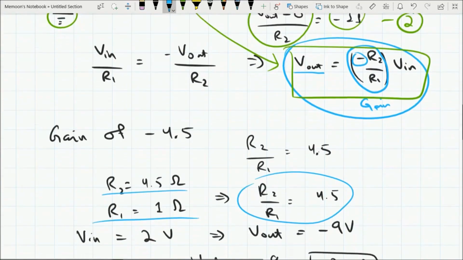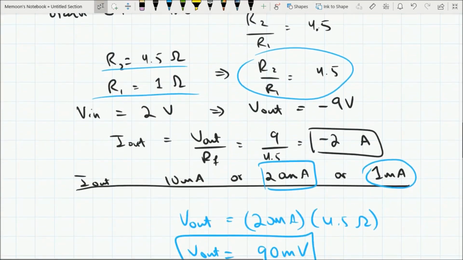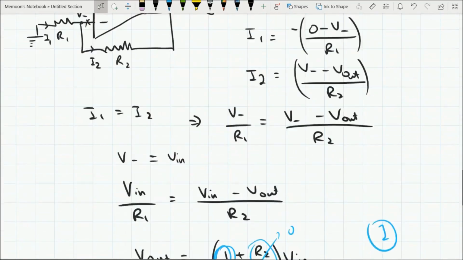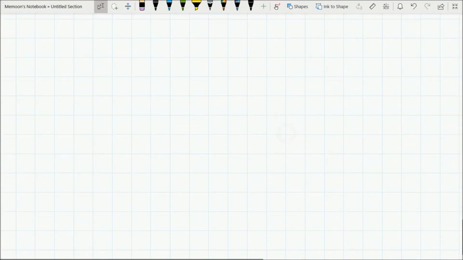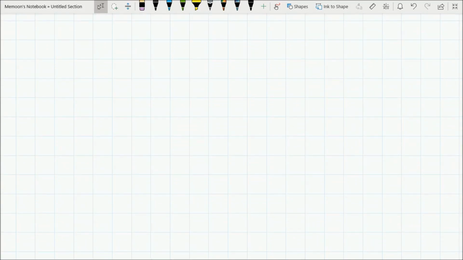So now we have discussed the three basic configurations of an operational amplifier. And now, based on the understanding we developed in these configurations, we will try to build up and derive the expressions, the relationship of output with input of some more complex configurations that we will be using